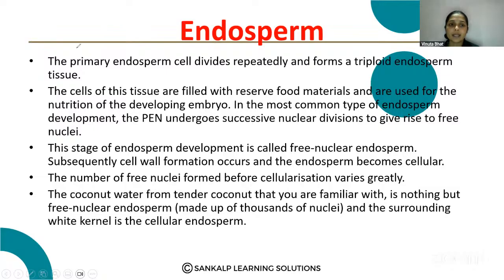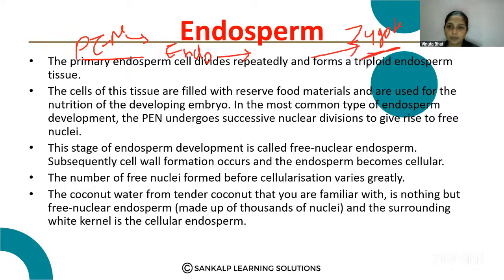So the primary endosperm nucleus develops into the endosperm, which provides the nutrients to the developing embryo. The zygote develops into the embryo, right? The endosperm provides the nutrition to this developing embryo. Here, this endosperm that is